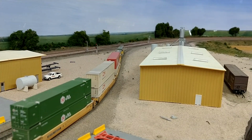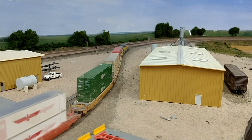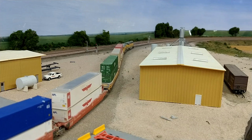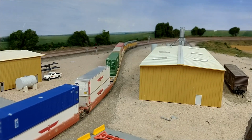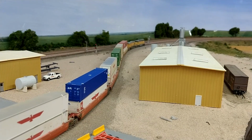On the actual Global 3 in Rochelle, the yard engines are actually remote control units, so there's somebody in a tower somewhere that's running the locomotives from the tower. And I've ridden my bike